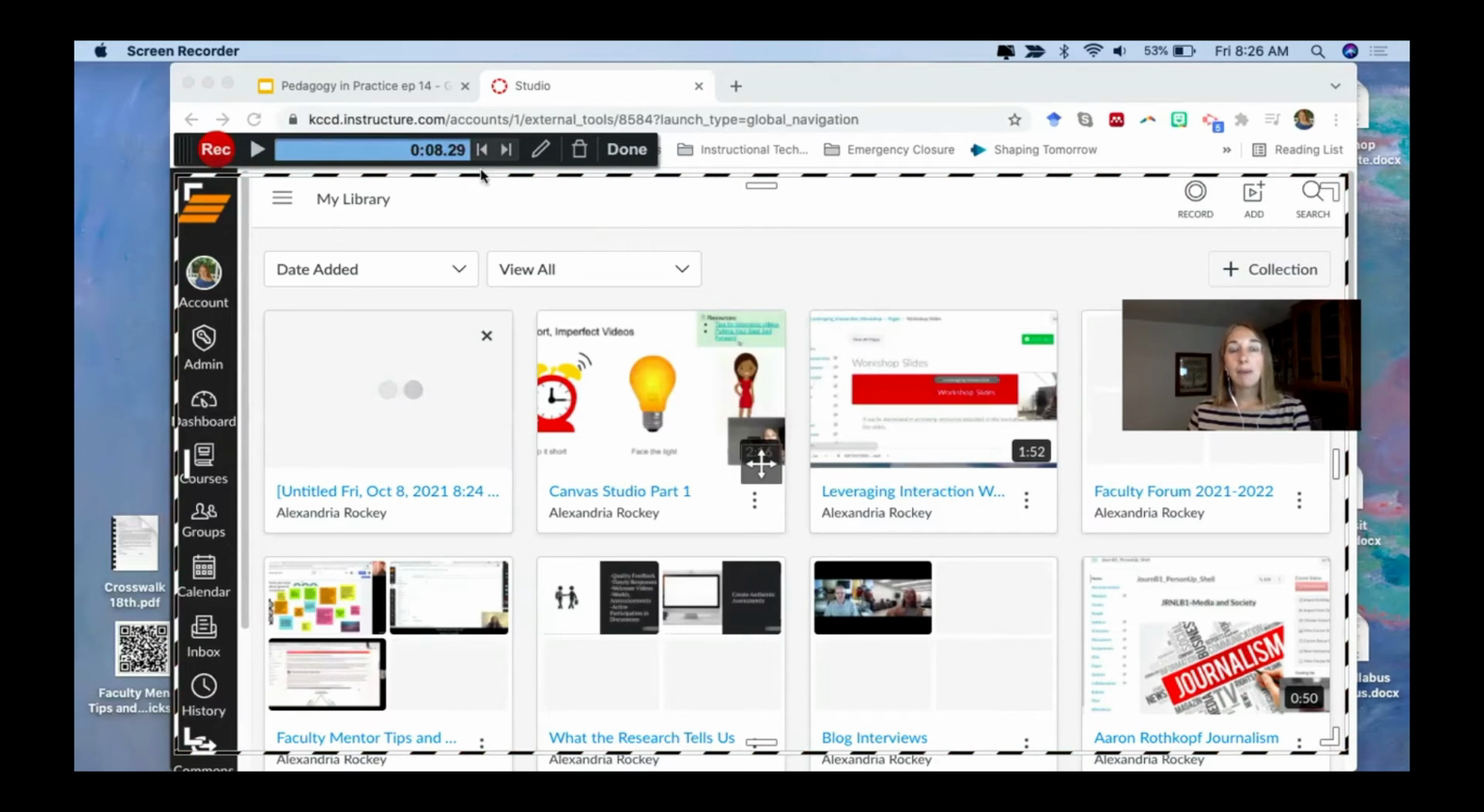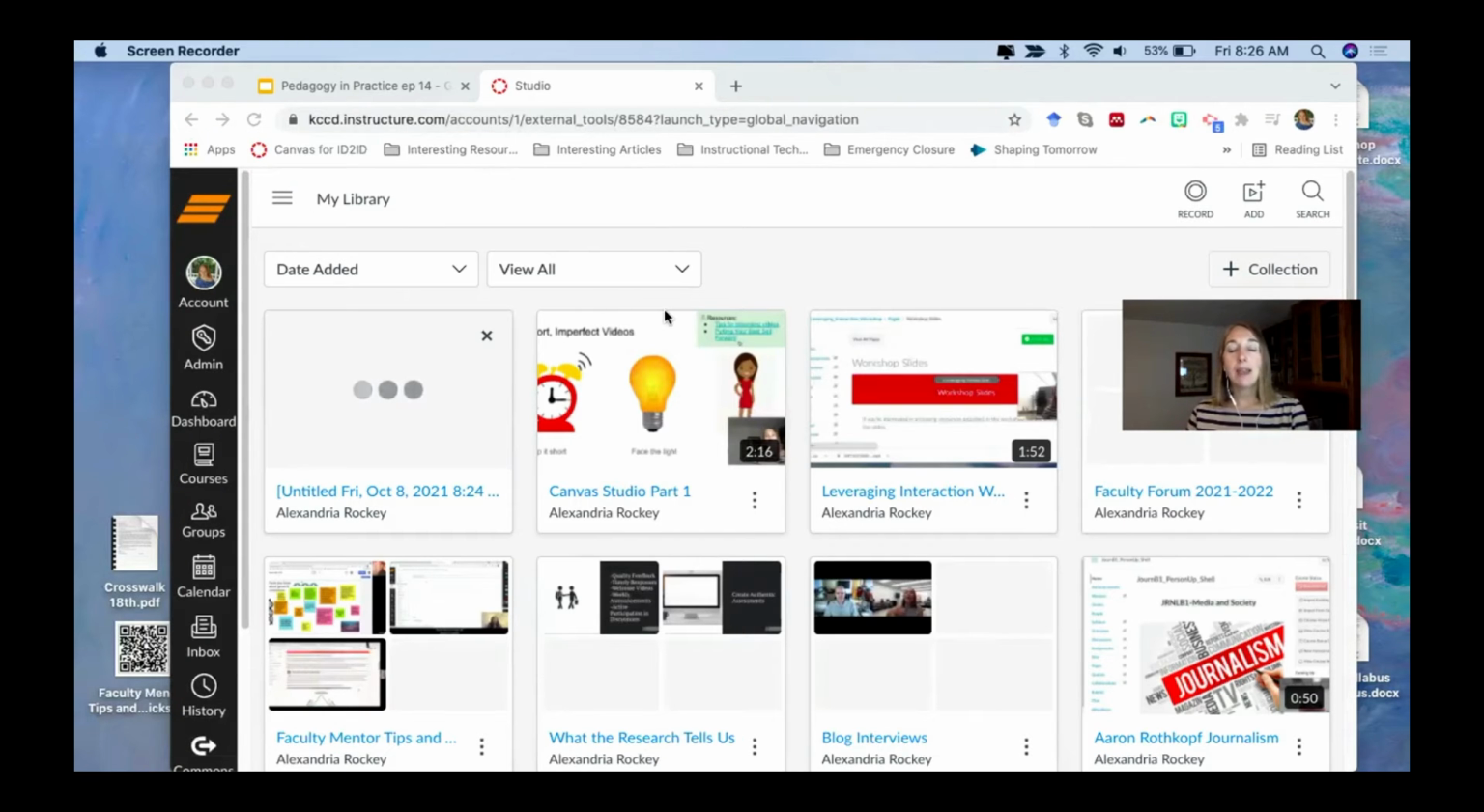And if I'm happy with it, I can click done. I can click trash and I can start over. But I'm happy with that. I think that was really good. So I'm going to click done. And then after it processes,